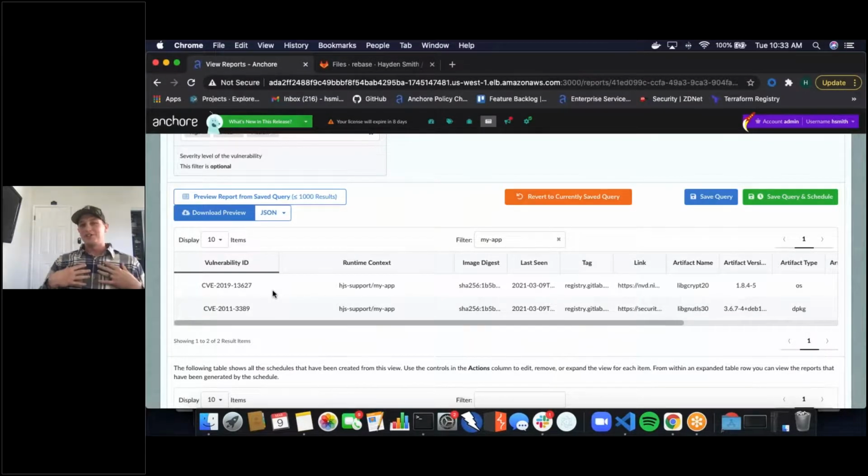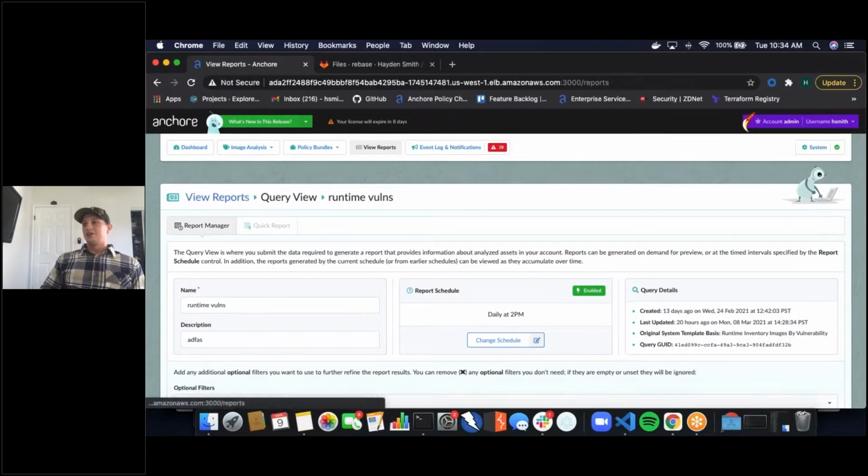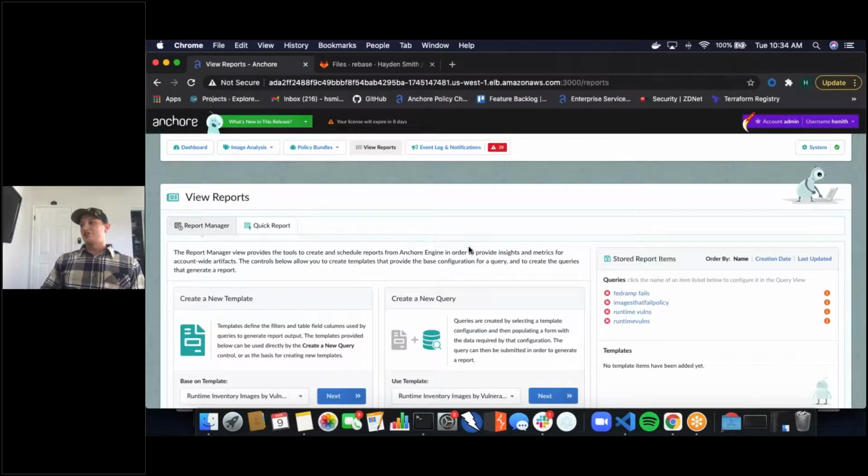So now I have peace of mind knowing, when I'm looking at those images that are out there running in my cluster, I could map those back and know that there's no vulnerabilities that haven't been scanned with Anchore out there in this context. Which is really nice. But, like I said, it's not just about